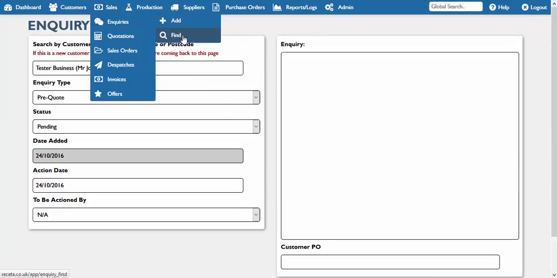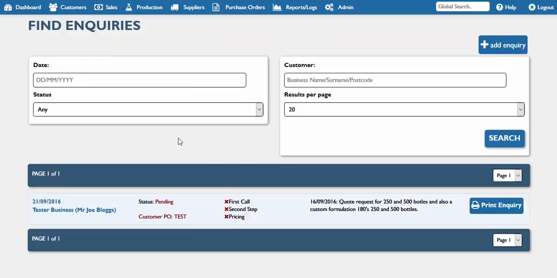If we go to inquiries and then find, we can see some of the inquiries which we've already had. Here in this case we could do a search and find them, but we've only got one in question, so we can just look at it. Before we go into it, one quick thing I'd like to show you is here we can see that status that we quickly mentioned previously, and also the fact that this customer has provided us luckily with a purchase order